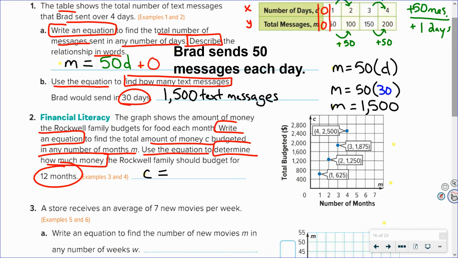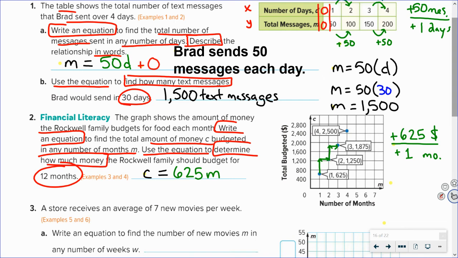Please notice, little disappearing ink here. You could draw a line. Okay, good. This is a linear relationship. It's got a constant rate of change. How much is it changing? Well, it appears to go up